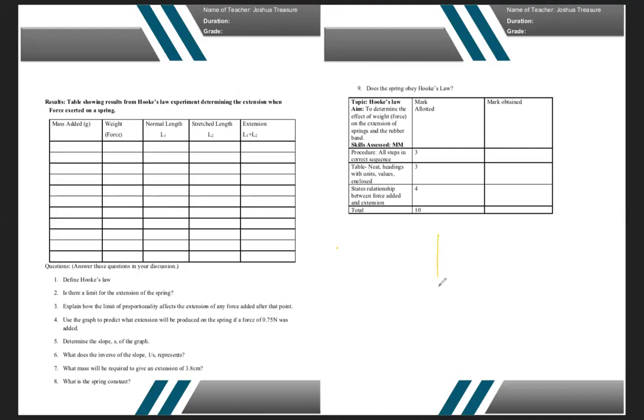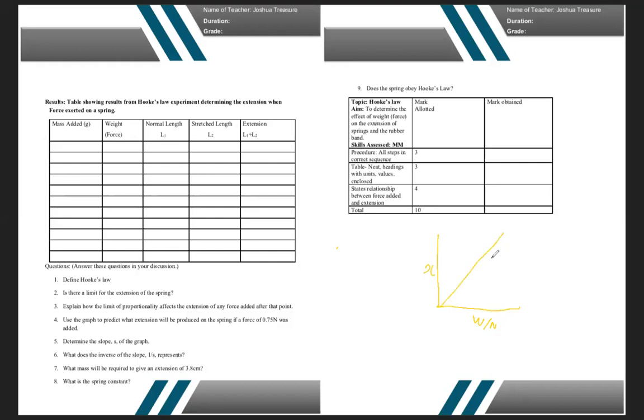So we would have a graph here. We have our extension, which is this. We can say let it be x. And we have our load. Our load is what exactly? Mass? No, the force. So that would be weight, right? In newtons. On the x-axis. Yeah, so weight would be on the x-axis. Are you seeing this, the annotation? Yes, sir. All right, and then you will get a straight line.